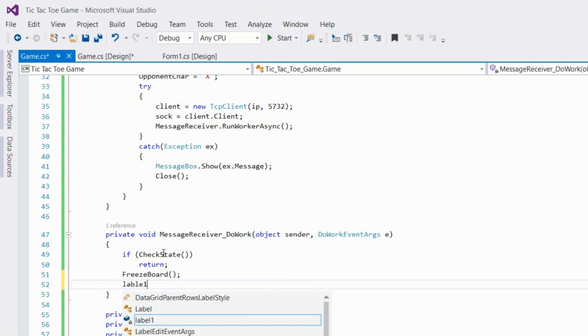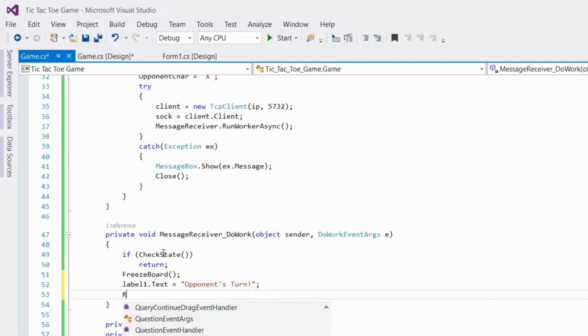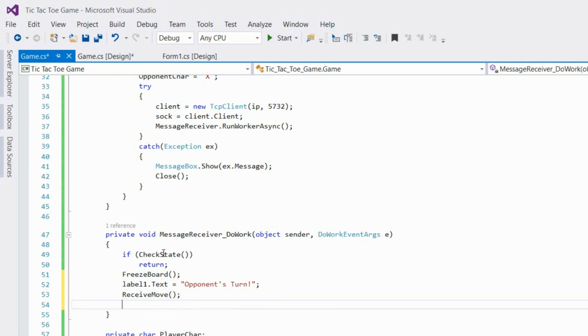and we're gonna set label1.Text to "Opponent's turn", and then we're gonna receive the move from the opponent, and then label1.Text is equal to "Your turn". Okay, so basically we're gonna switch the turn after receiving the